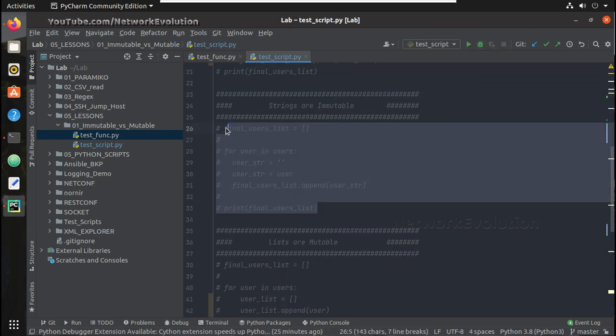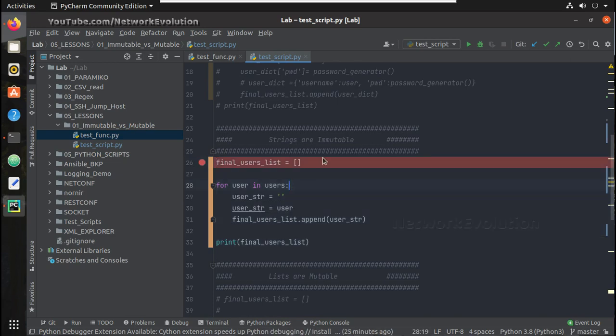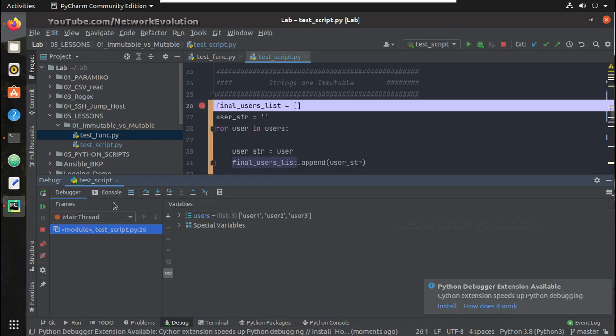I'll uncomment the string script and enable debug here. Add the user string creation out of for loop. Now I'll enable debug and let's see.